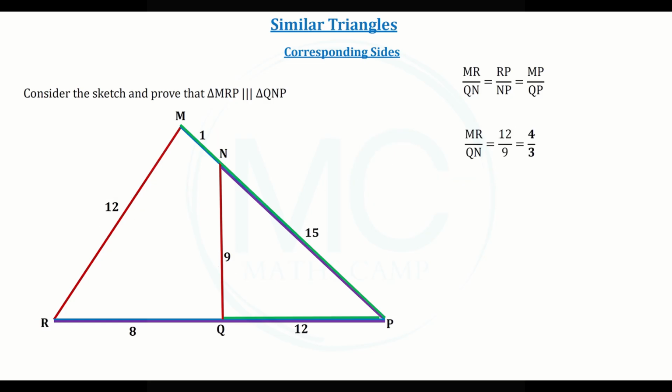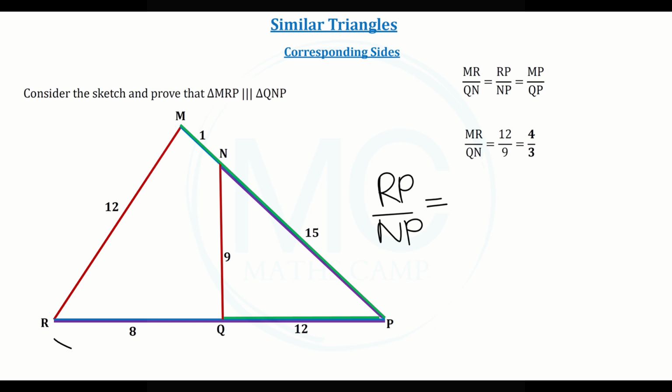Now we can look at RP, the purple side of the larger triangle, and the corresponding side NP of the smaller triangle. So we can say RP over NP is equal to,